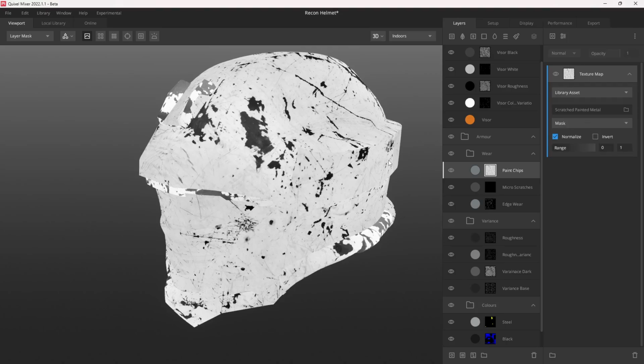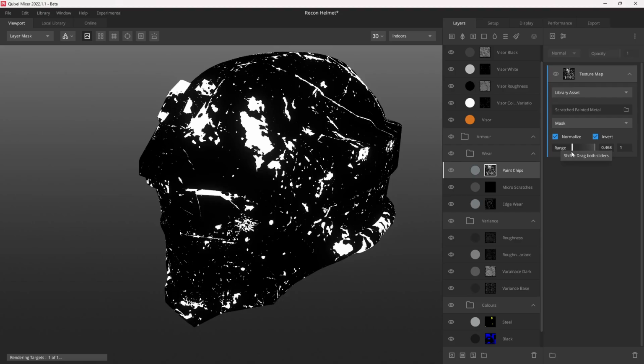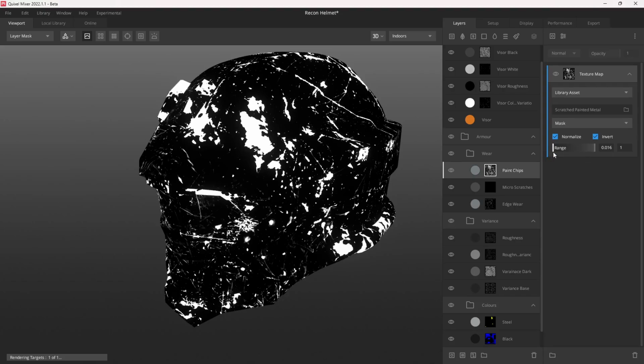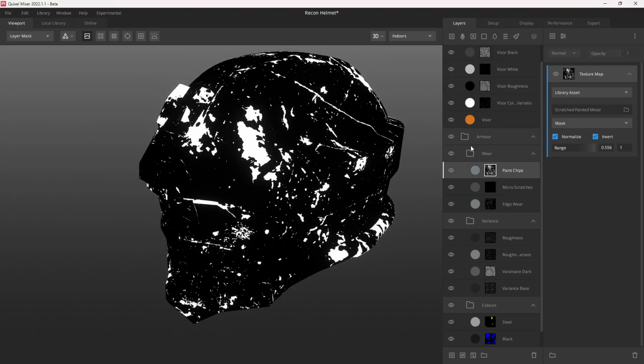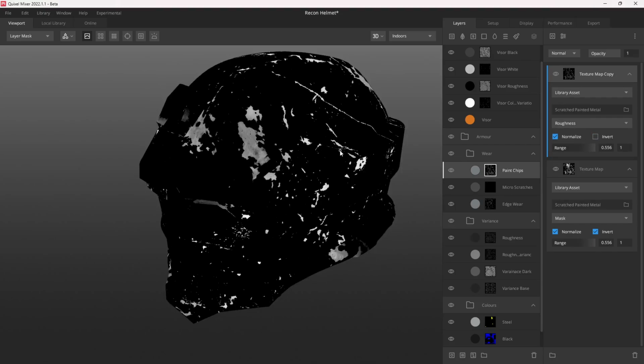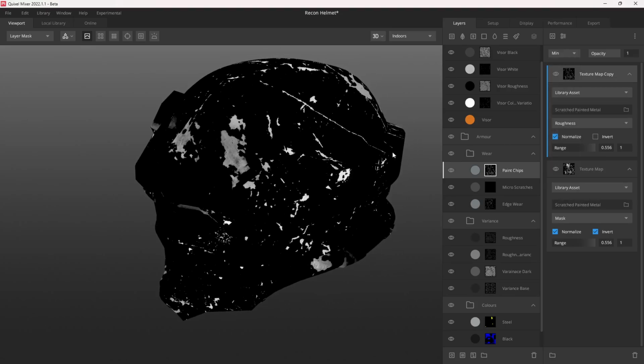So we'll change this to mask and we'll invert it so that the white parts represent our paint chips. And we'll just bring this range up just so we can start to cull out some of the smaller parts because we really just want those chip pieces to around 0.55. So around there. And once we've got this, we can just use Control and D, so we'll just duplicate it. And we want to change this one from mask to roughness, get rid of the invert, and we'll also change it to min, which at the moment won't do anything, but we'll use a tiling modifier, and we'll sort of just subtract itself from